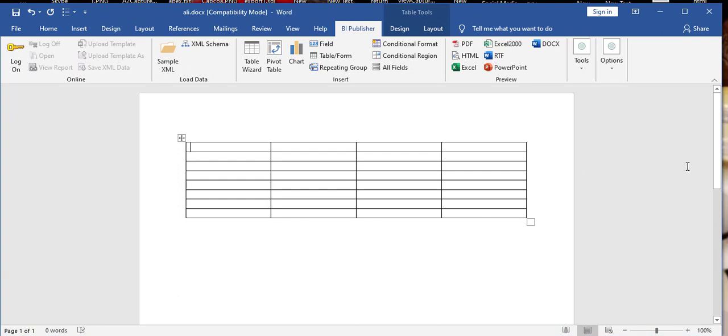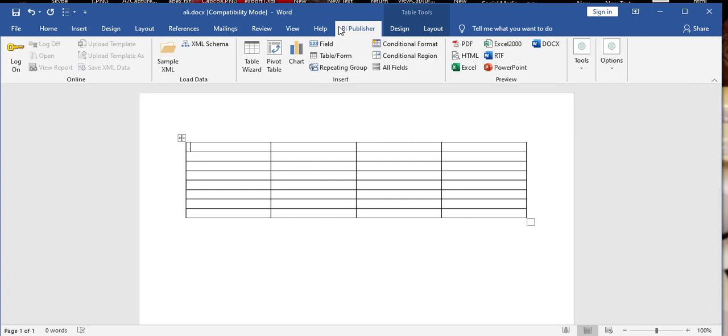Now I'm assigning fields from here, as I created using the wizard in my previous lecture. You can see my previous video. Now in this lecture we will create a customized layout.